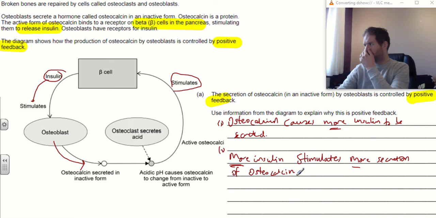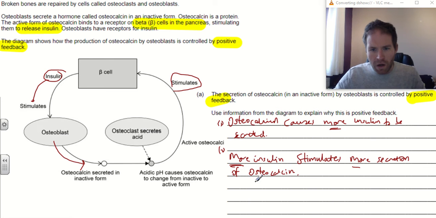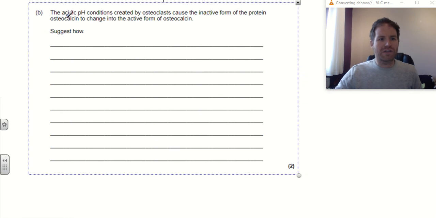So that goes through that. The idea of more is required. Because we want more, we need more of this stuff. It exacerbates that whole process. So more and more: osteocalcin is formed, which forms more insulin, which forms more osteocalcin, which forms more insulin. Okay. So the next question says